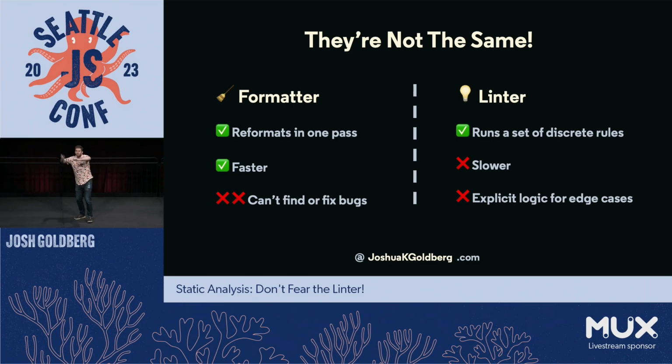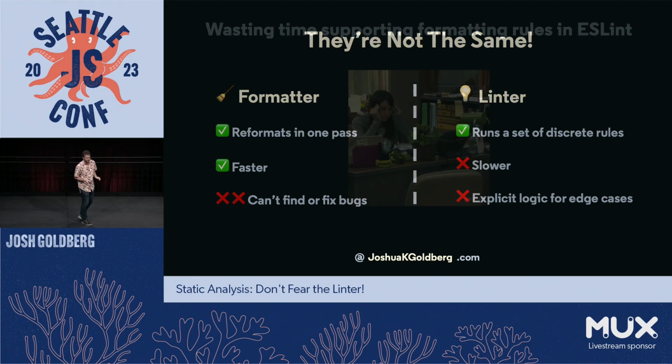But a linter has a bunch of discrete rules which might intersect with each other. The indent complaint might mess up your max line length rule, which then means you have to keep running ESLint over and over to apply formatting rules, which is a pain in the butt. It's not good. It's not how they work. So a linter is not a good thing to format with. So I highly recommend just use a linter for logical issues, even stylistic ones if you want to be consistent in your code base, and use a separate formatter for your formatting. Okay? Thank you all for agreeing with me.